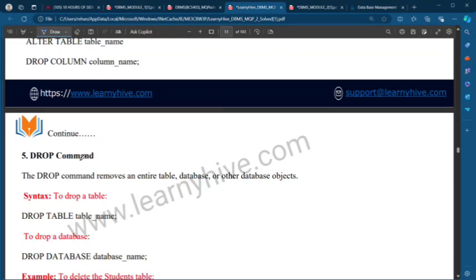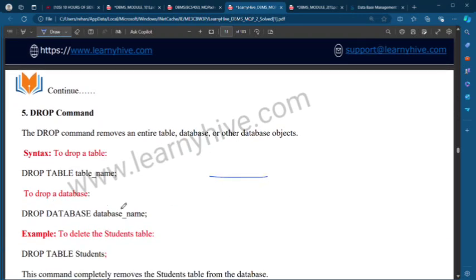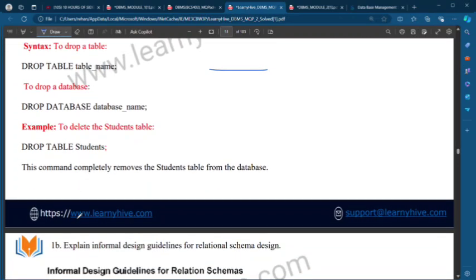Then drop command. Like I said, we will have to delete the complete table or database, right? The drop command removes an entire table or entire database or other database object. Syntax to drop a table: drop table, table name. So in the example, drop table employee. Write two examples. Then drop database, database name, university, drop database, then something else, company, like that